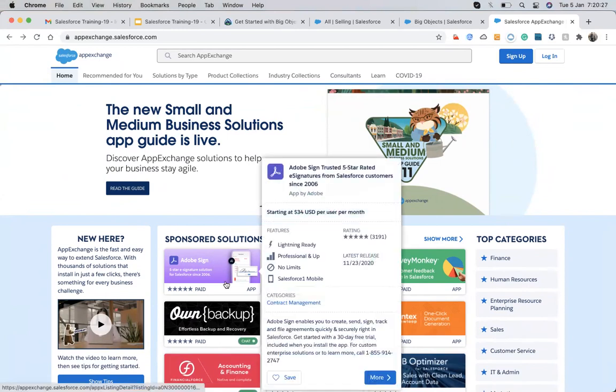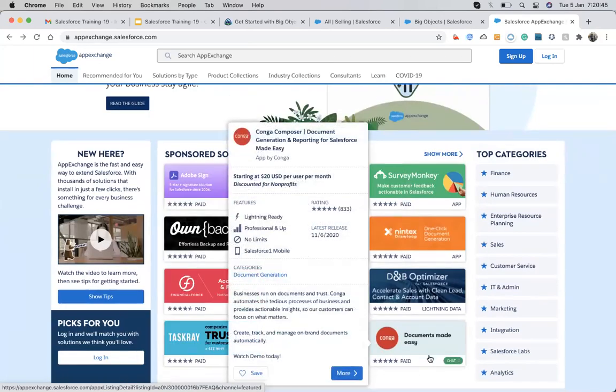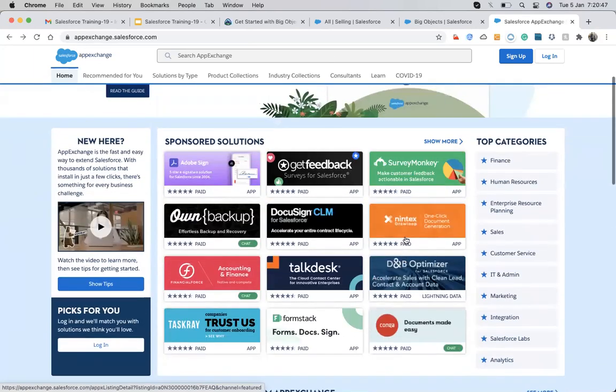Then you can compare the prices, because a single type of solution can be offered by multiple companies. The same type of app is available, but their prices might be different, so you have to compare the prices. Some of them are free, but here they are all paid.